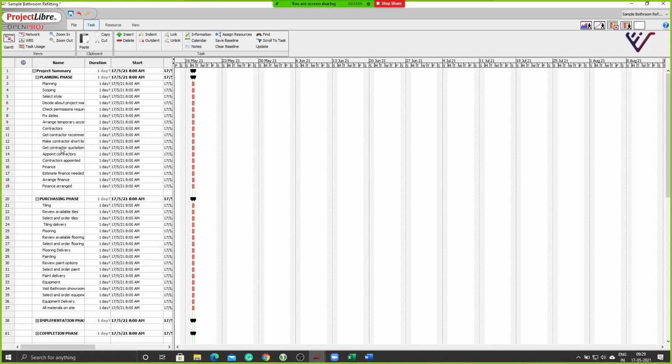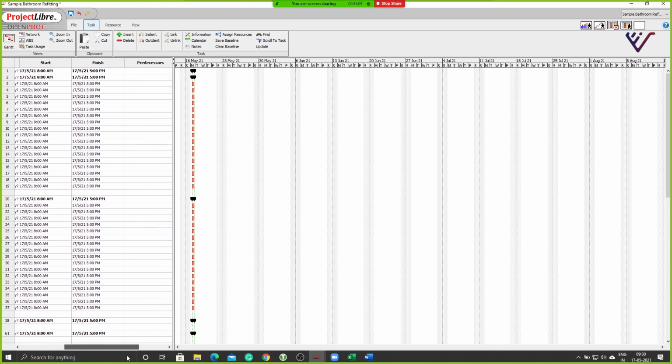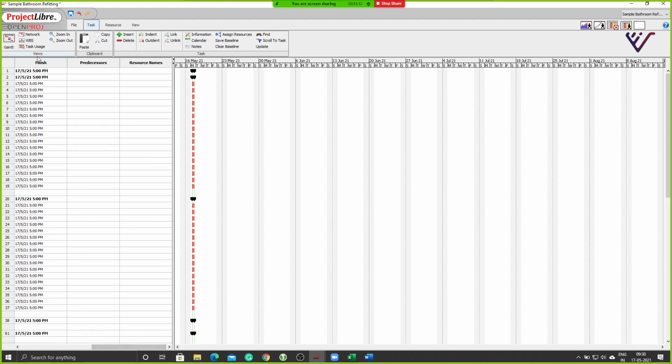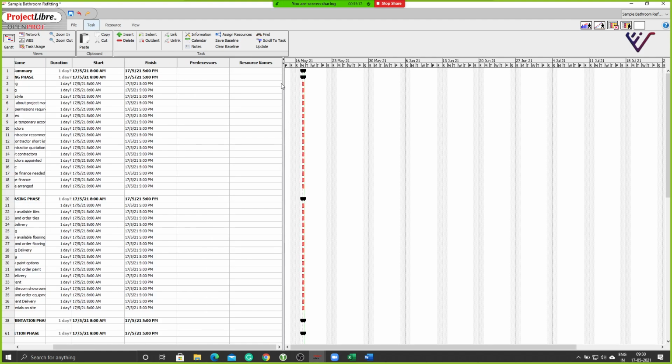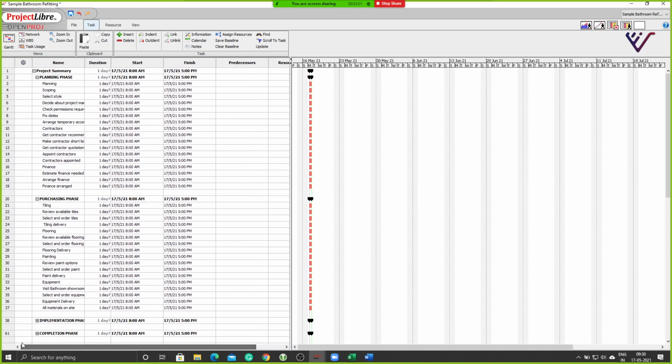I'm just giving a brief of how activities can be placed. So as of now, we have not added any predecessor or resource name here, predecessor or successor activity. That means each of these activities right now is free floating. They have just been tasks, they have just been subgrouped, but they have not been linked to any other activity in the project or program. We will come to how to put these predecessors in place in some time.